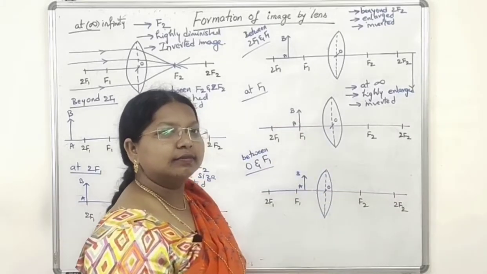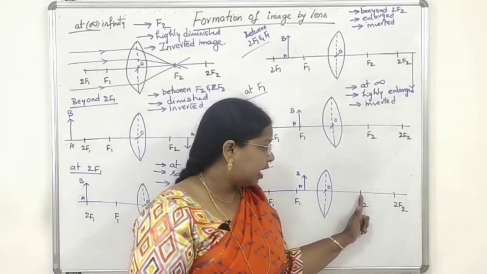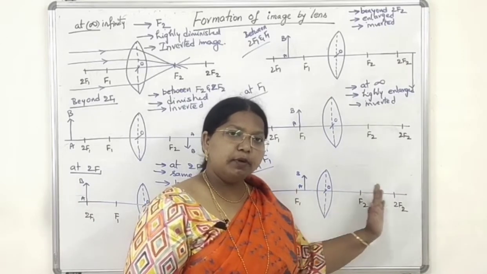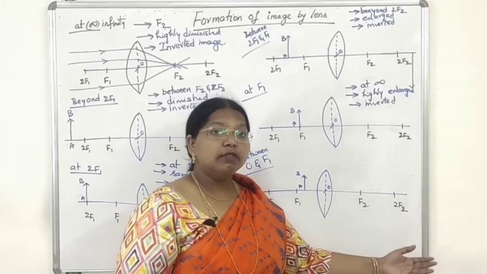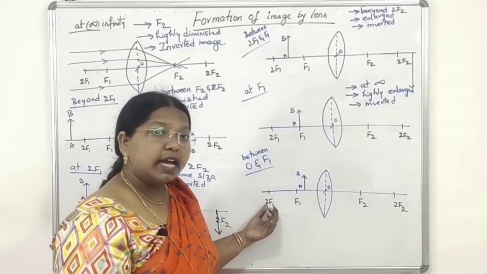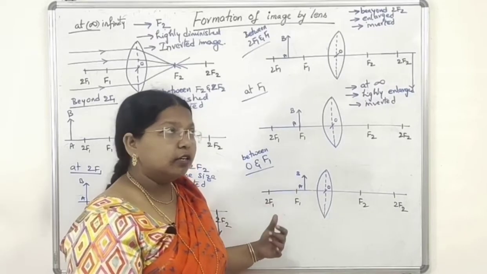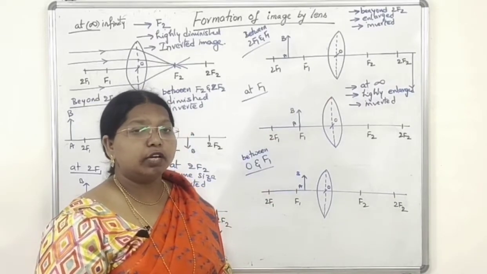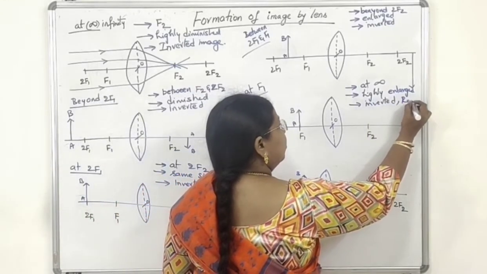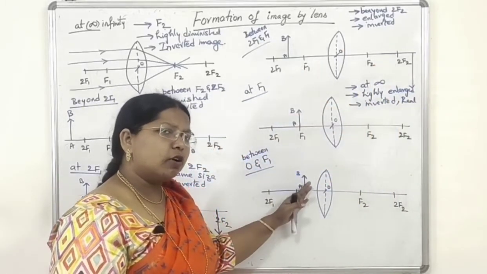Coming to this case, infinity is also over. Where will we write now? So we moved the positions from F2, between F2 and infinity. All the positions we cleared. So now the position is on the same side of the object. It will be a virtual image. It is not real. So in all these cases it is a real image, and now we are talking about the virtual image. Here we will write real and inverted everywhere, but here it is the virtual case. So I'll talk about this last.